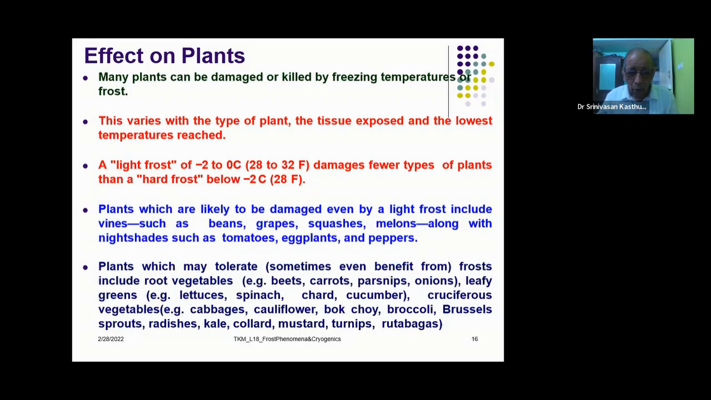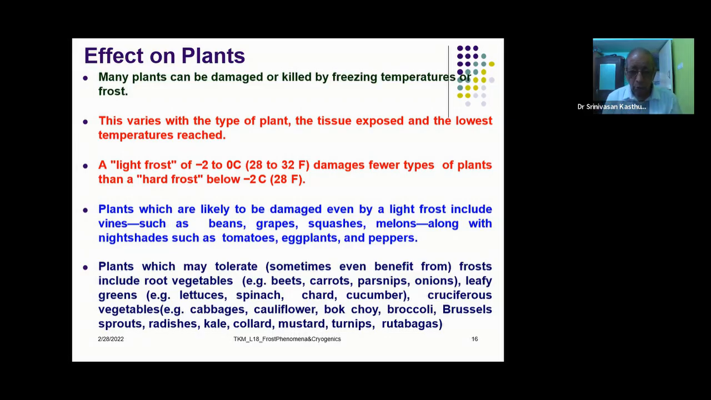Okay. Now, plants which may tolerate, sometimes it can also benefit from this. These plants that tolerate the frost include root vegetables, such as beets, carrots, then parsnips, onions, etc. So these root vegetables, sometimes they may be able to tolerate this. And then also the leafy greens like lettuces, spinach, chard, cucumber, all these things can